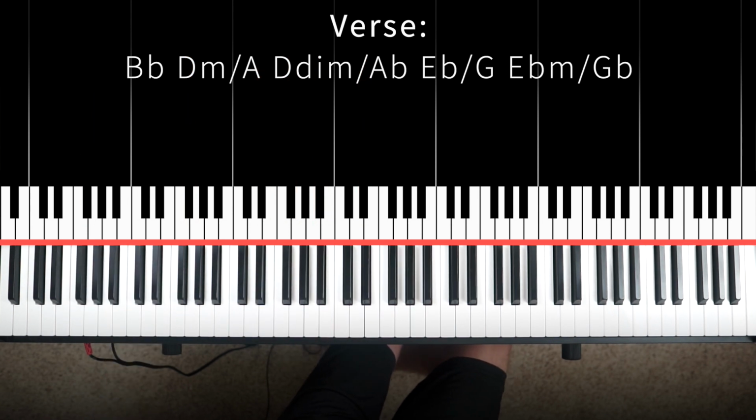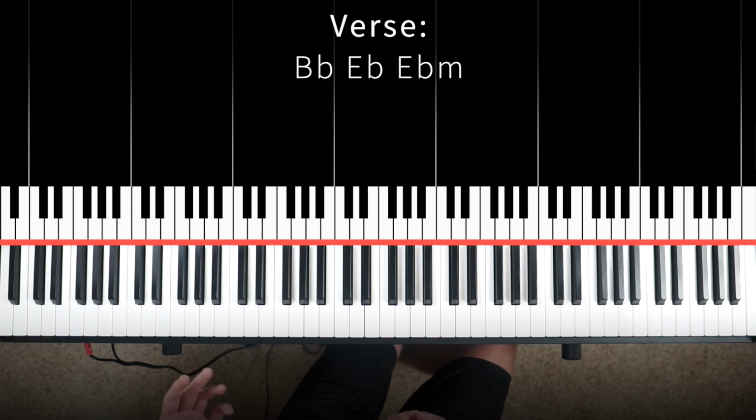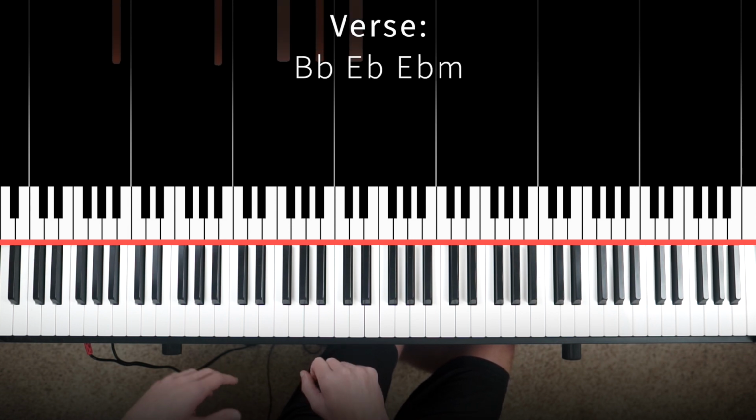Alright, you now know all the chords you need to know to play this song. So now let's talk about how we're going to use these chords in the different sections, mostly the verse and the chorus. Alright, so now going back to the start of the progression, we start here with our B flat